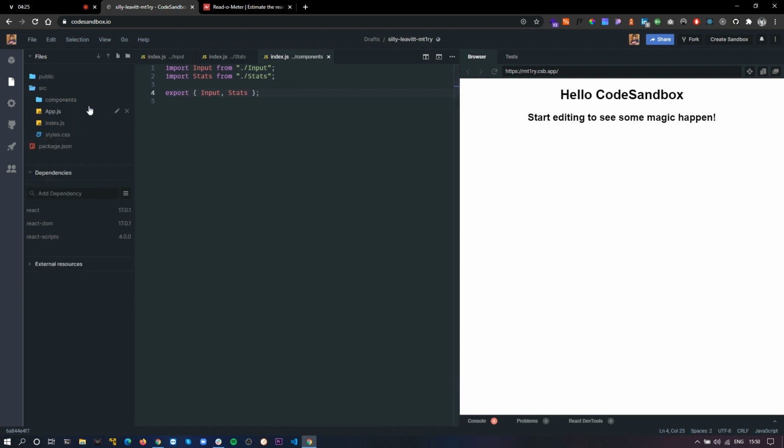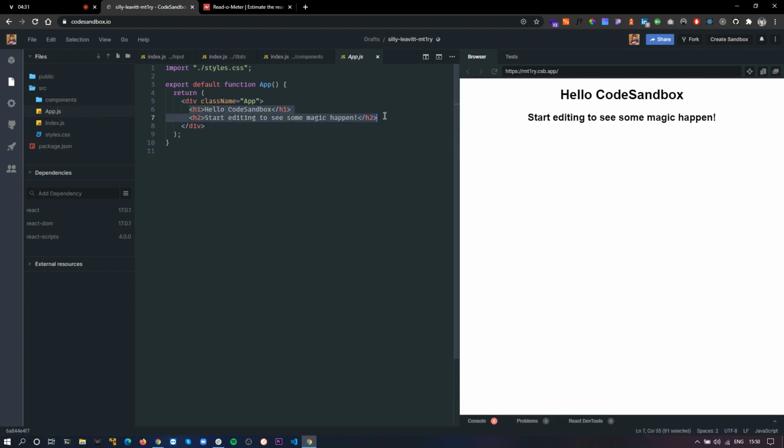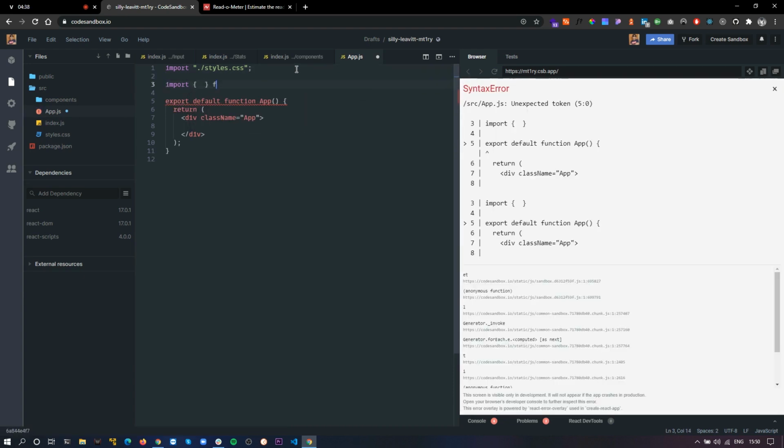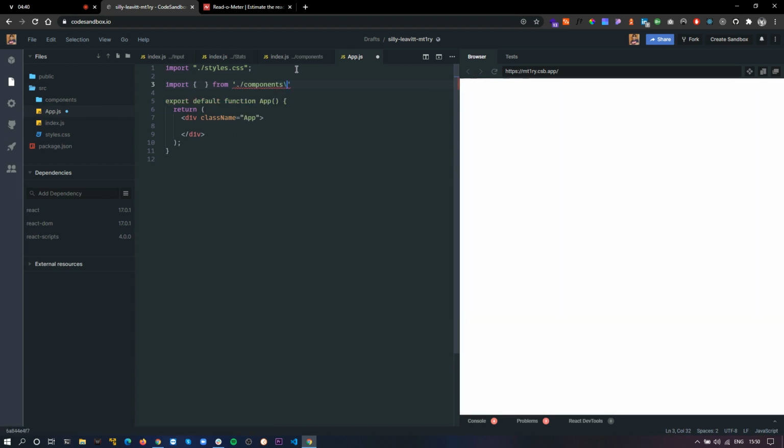Okay, so I think we're good to go from this side. The final thing that we have to do is go into our app.js, get rid of this text, and import our components. I'll give the path first so we can get some intelligence. So we have input and we have stats.